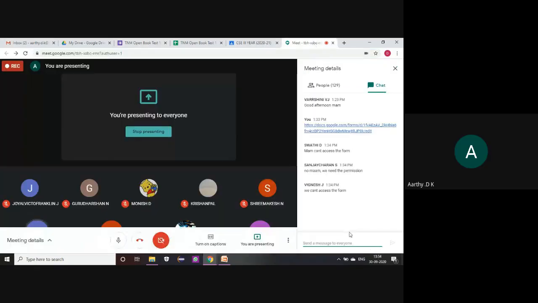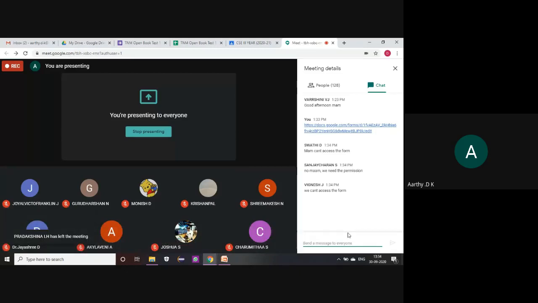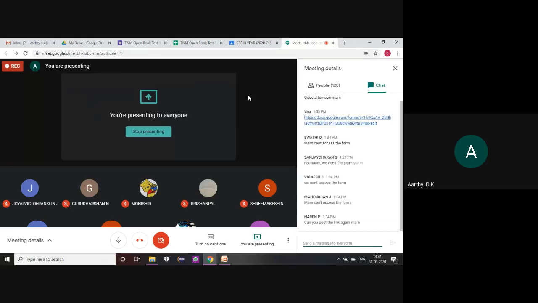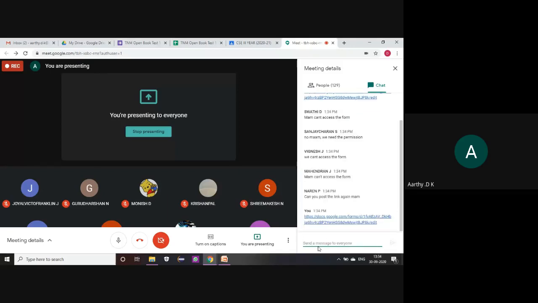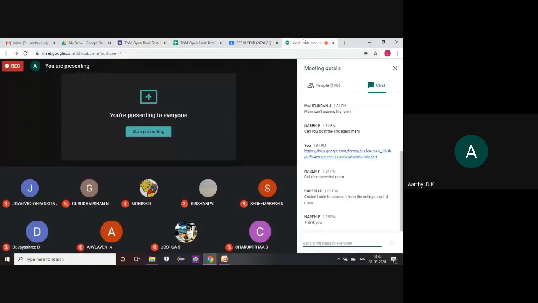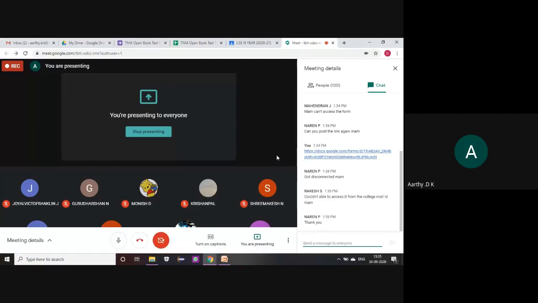Did you try to access it using your college mail ID? Swati, Sanjay? If you're not able to access the form, try your college mail ID. I'm posting the link again. Okay, Naren, you're not able to access it from your college mail ID also.